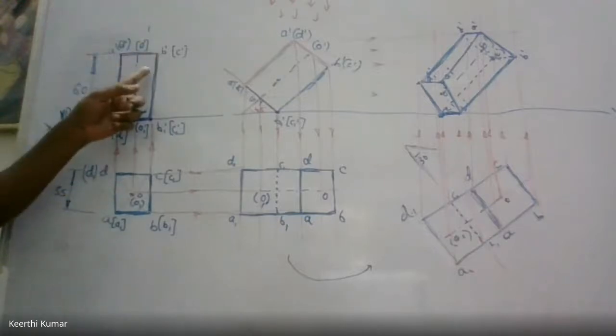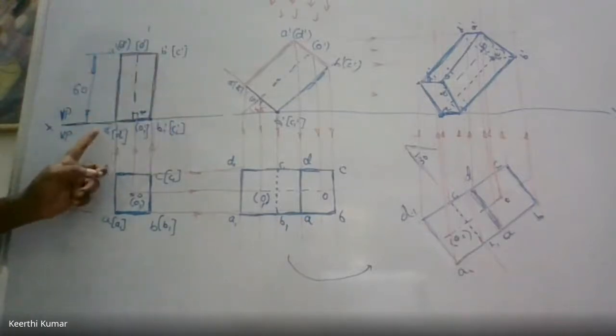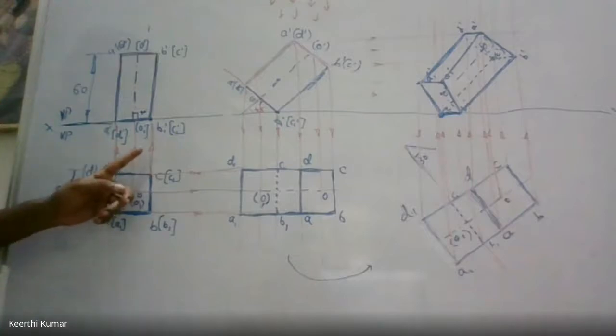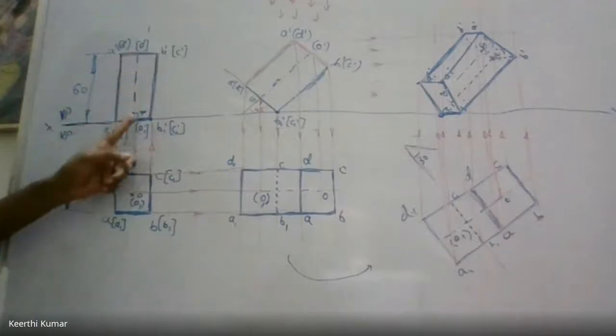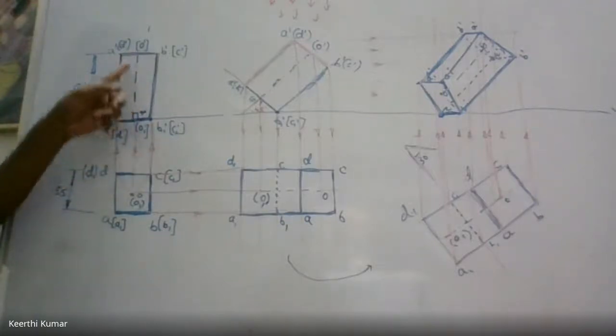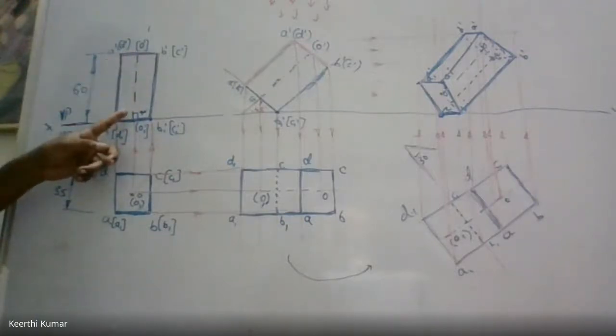The top face should be like a lamina, A, B, C, D, E. The bottom face should also be a lamina like A1, B1, C1, D1. Here A, B, C, D is the naming, and here A1, B1, C1, D1 is the naming. The axis should be in the locus. And what should be in the bracket? Always the axis will be in the bracket in this.